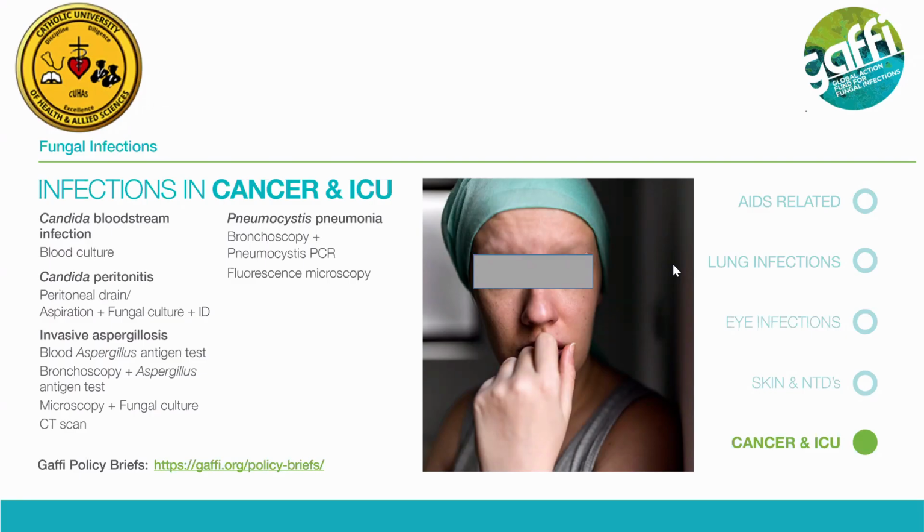So for these ones, we look at the ability of doing blood culture, fungal culture. We know that blood culture has very low utility. It's only 50% of the patients that it can capture. But at least if we can start with that, then we can look at laboratories with capacity to do blood culture for diagnosis of fungal infection. I know that we have a lot of labs in Africa who are doing blood culture, but a protocol for doing fungal diagnosis is a different story.